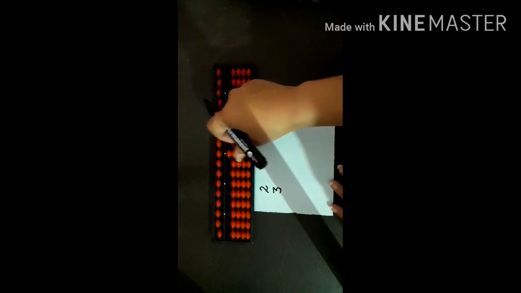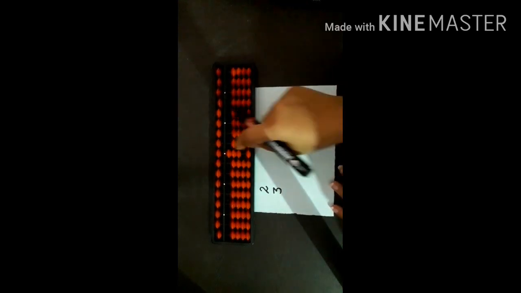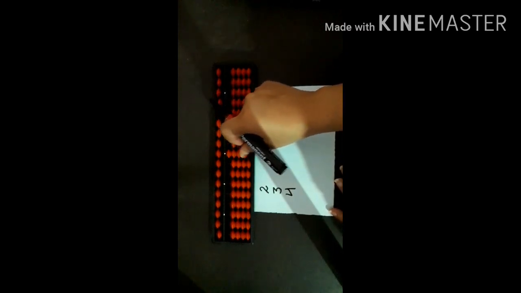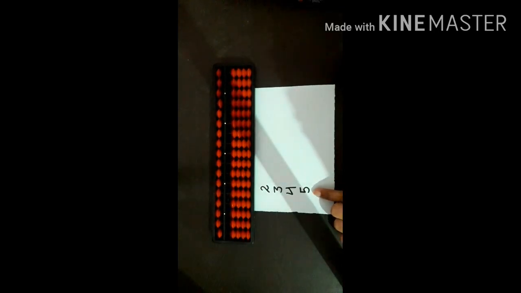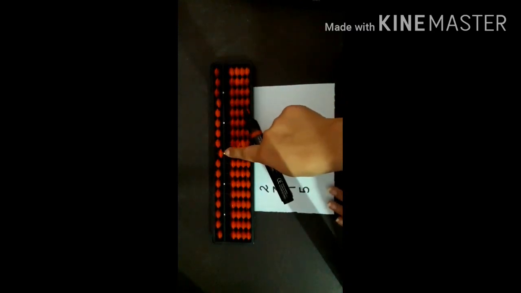If I say add 3, then you can easily add 3. And if I say add 4, then you can easily add 4. But the problem comes when I say add 5. So for adding 5, you have to put the upper bead down. This is add 5.